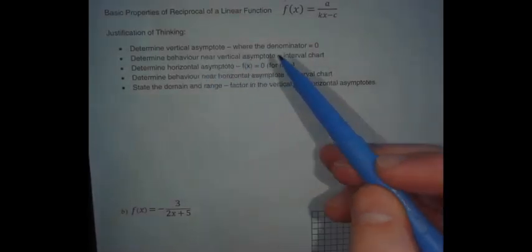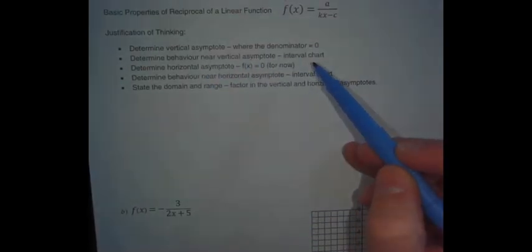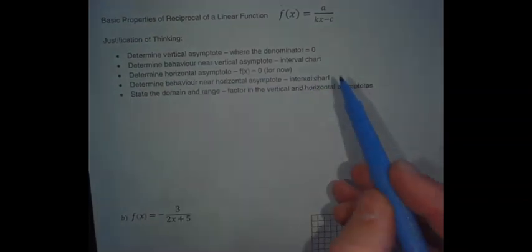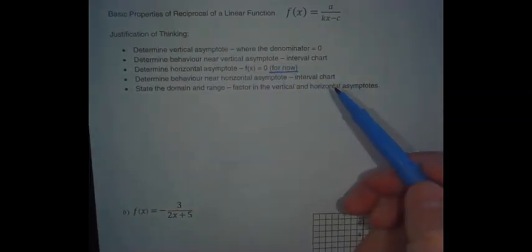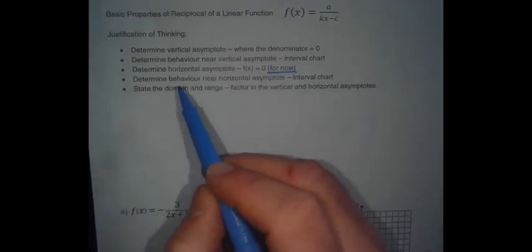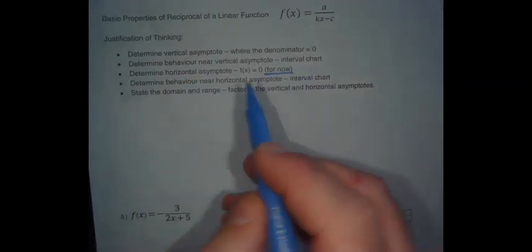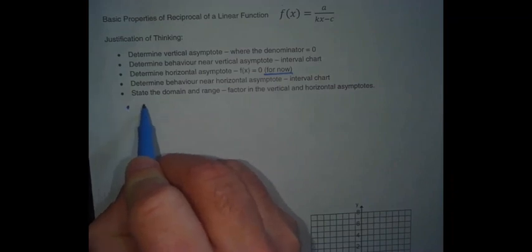We're going to determine the behavior near the vertical asymptote. We're going to use a chart to keep that in mind, and this is a good baseline moving forward. The horizontal asymptote from now is x equals 0. And we're going to get to the point where we can show you where it might change down the road. We can look at the horizontal asymptote using an interval chart, state the domain and range, and